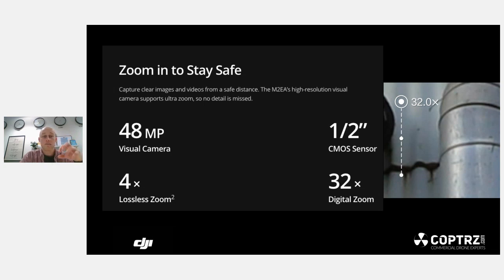So if you're flying at 50 meters, you're going to be able to zoom right in and capture some really